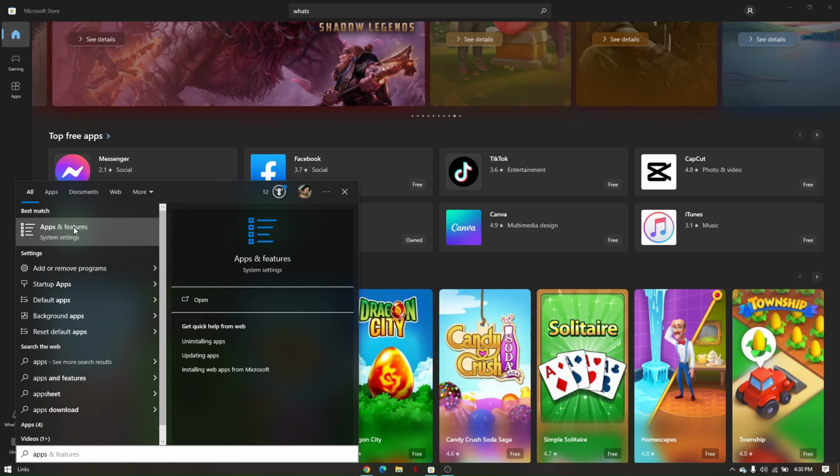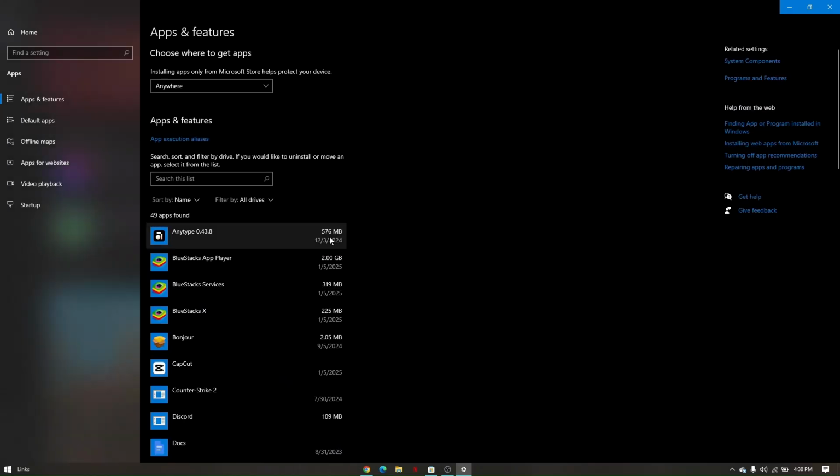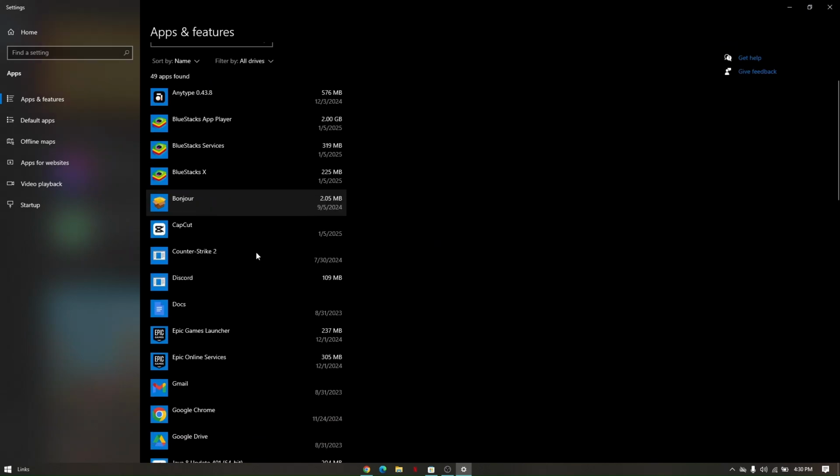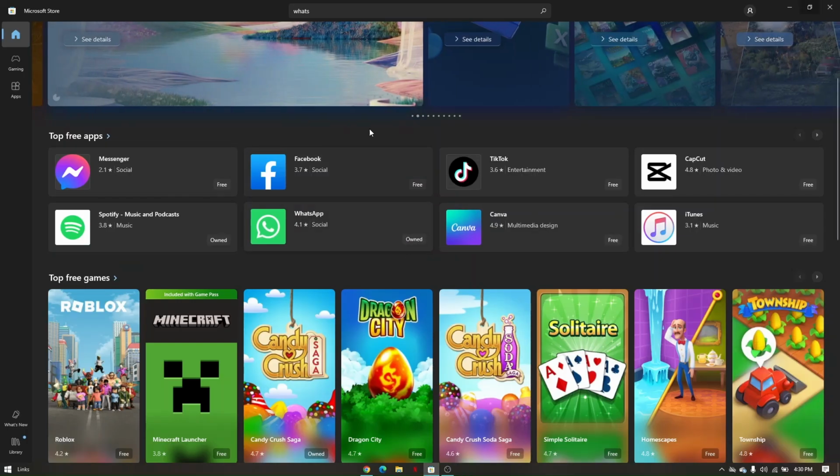And from here, if you currently have WhatsApp installed on your PC, then you'll have to manually uninstall it. So all you have to do is look for it from here, or you can just directly search for it from the search bar. Now once you have completely uninstalled your WhatsApp, just close this bar right here and pull up your Microsoft Store